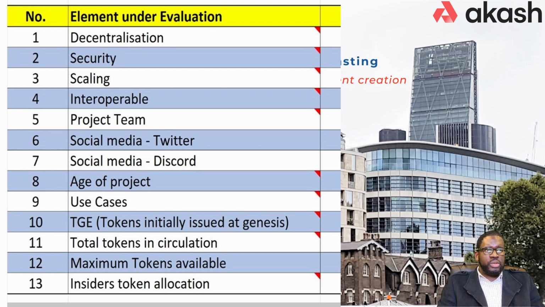What about tokens issued at project launch, as well as total tokens in circulation at the point at which we're doing this video? We then consider maximum tokens available overall, as well as insider token allocation. This is the amount of tokens that those closely linked with the project are in control of. It does not necessarily mean that they own those tokens, but they can control how they are distributed further. Having scored each project on each of these 13 elements between 0 and 10,